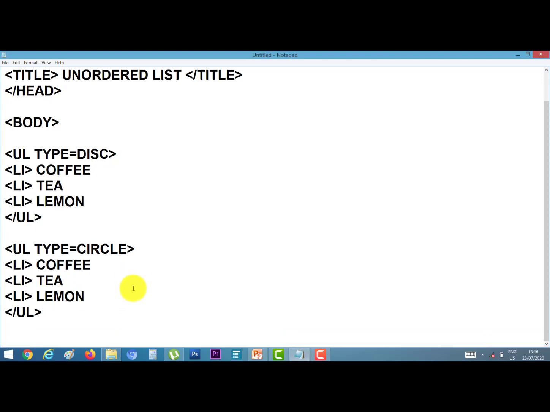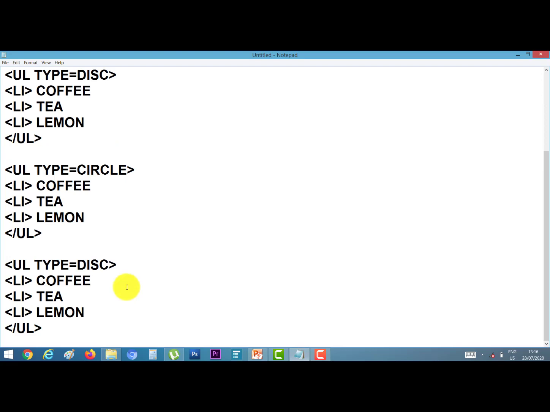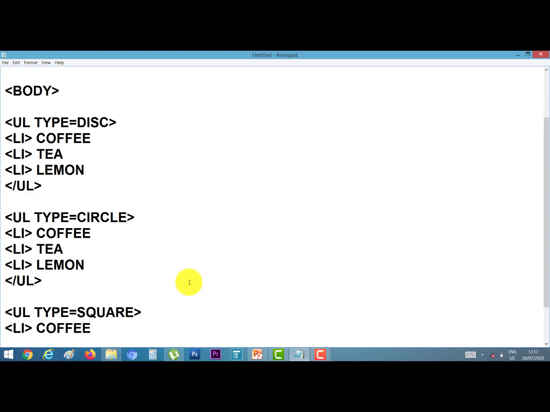Now again paste and give the type square. We use here three types of bullets. First is disc, second is circle, and third is square.